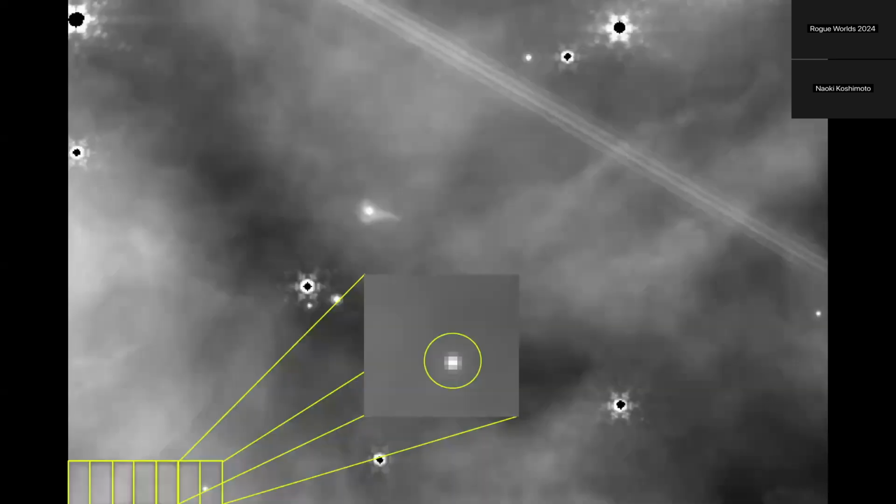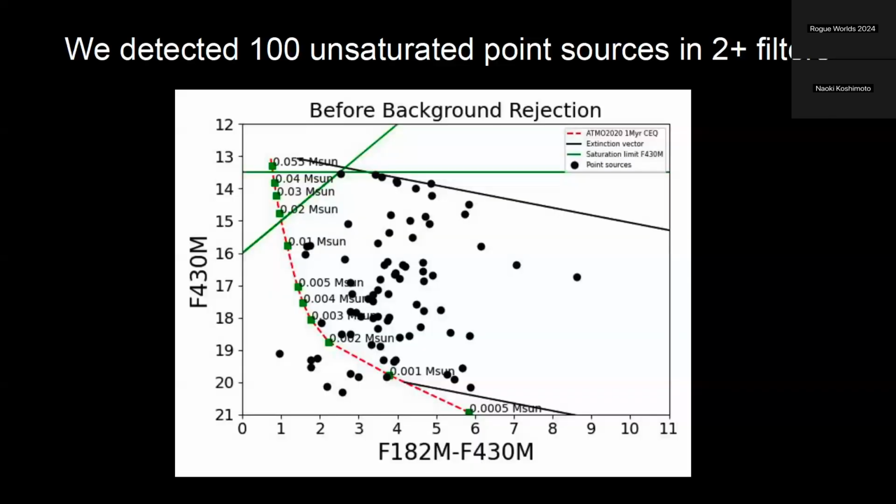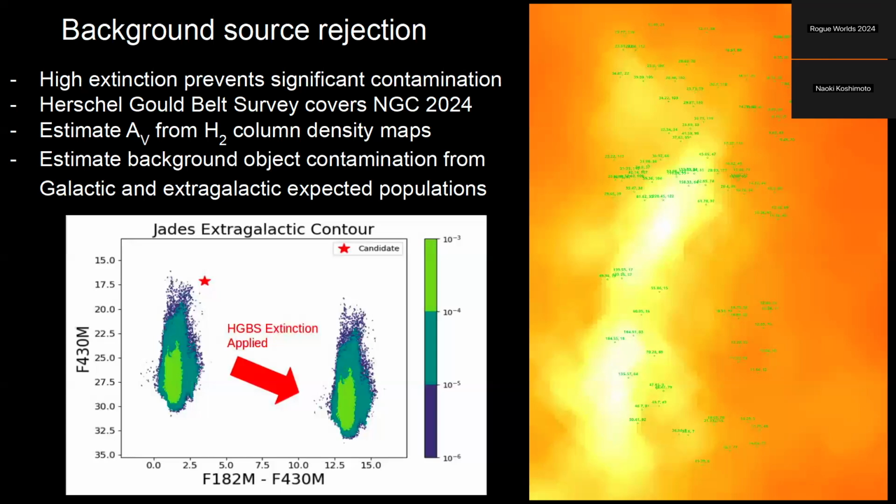If you look again back at this image, you can see that all of the variable structure will also produce variable extinction. So even though this region has high extinction in a lot of the region, there will also be parts that have low extinction, which allow for background stars and background galaxies to shine through and look like faint point sources. So in order to combat this, we came up with this process where we basically took a model population of